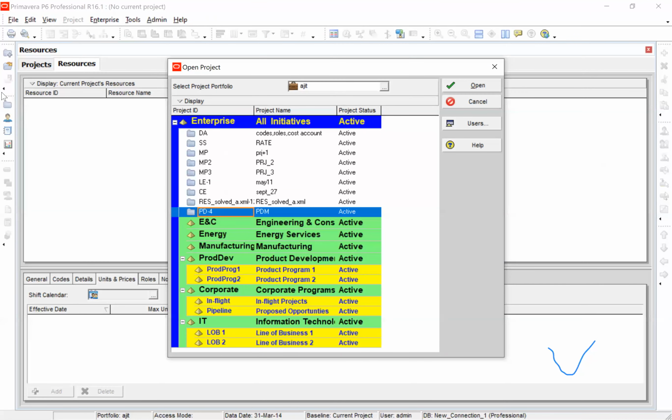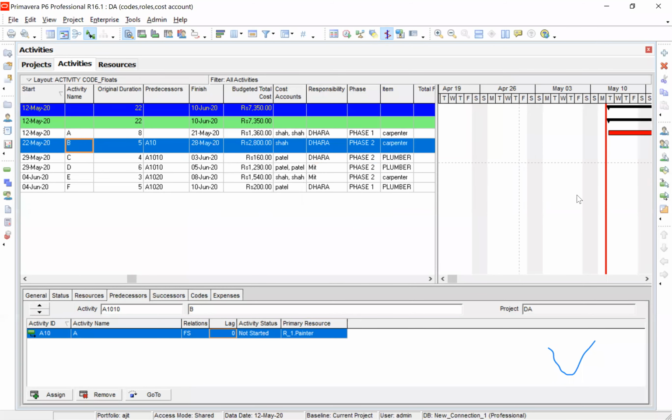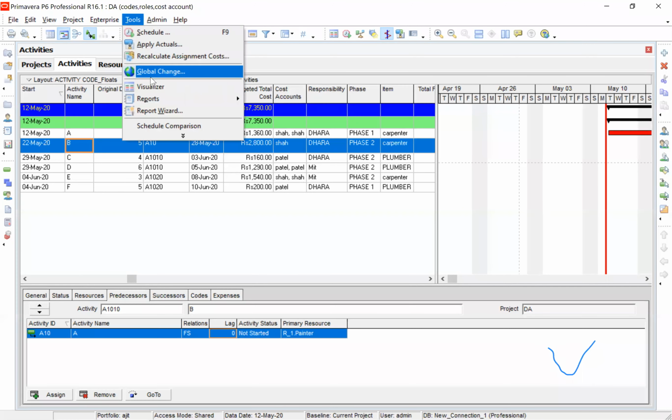We'll take this code example again to see the reports. Now, the report is the next item. So we go to tools, reports. Now, let me try to have reports which are built-in reports. Let's see.